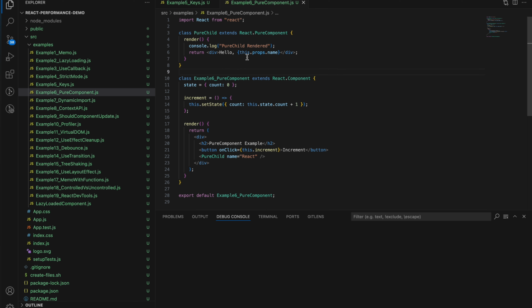Over here, we have a PureChild, which is extending React.PureComponent. We have a render method which returns HTML like hello this.props.name. Now we're passing this name as a prop. And over here is the parent component. We are clicking a button which calls this.increment, and we're changing something in this state. Now if I run this,